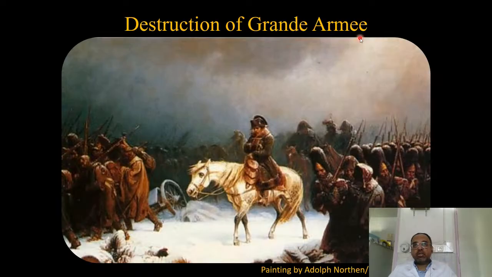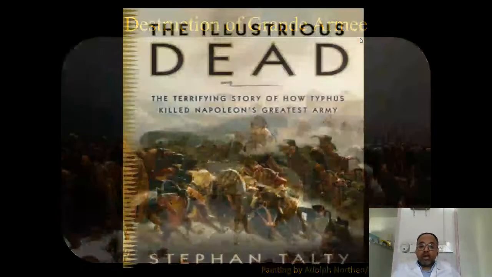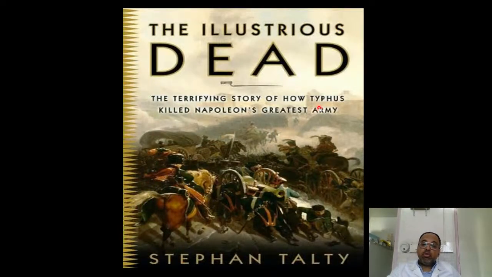Some of them had died because of the lack of food and famine, and some of them had died because of a disease that was named typhus. Typhus is a bacterial disease that's similar to plague and can spread when you have huge collections of people in close contact. Similar to bubonic plague that was transmitted by fleas, typhus can also be transmitted by lice. And it can be transmitted from one person to another, so it doesn't need an animal reservoir. It was called Army's Fever at the time.